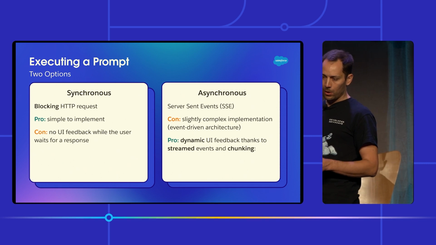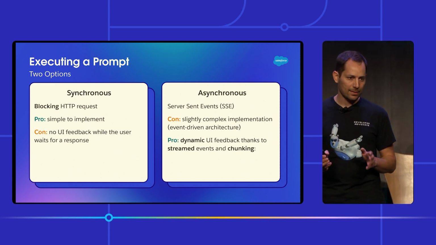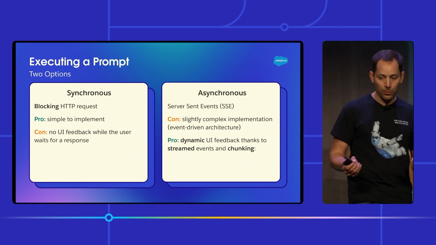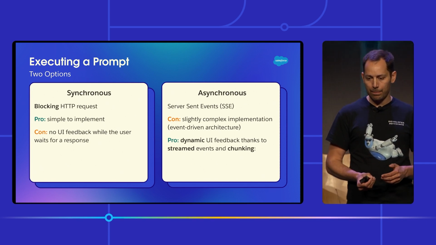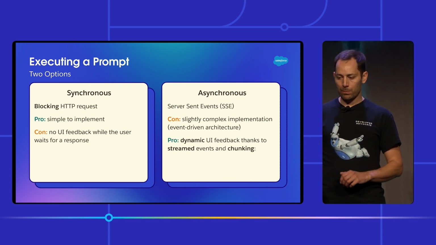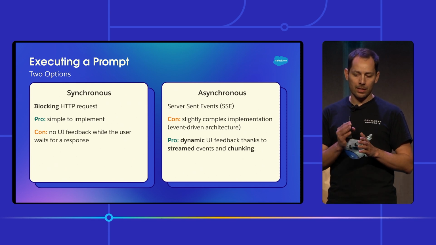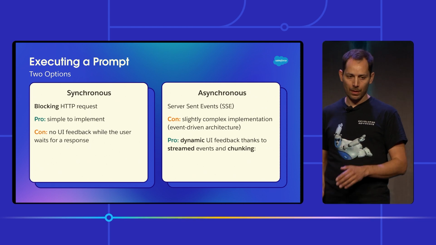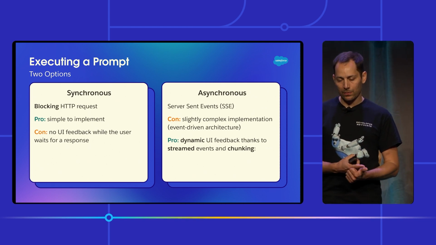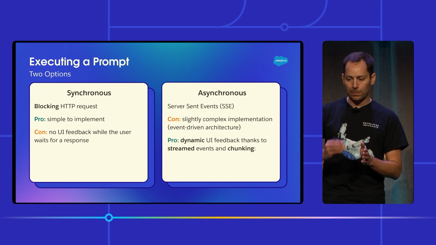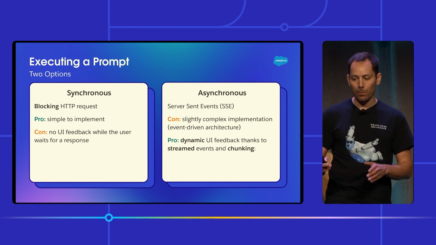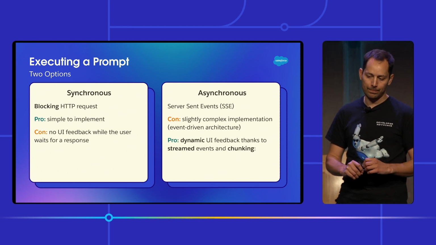Now let me walk you over the second mode, which is, I think, very interesting, but also maybe a bit more complicated to set up. In the asynchronous mode, we work with something called SSE, or server-sent events. For those of you who are not familiar with server-sent events, it's a bidirectional communication protocol. You start with a single HTTP request, and then you get the response in chunks in event-driven format. So you start with a typical REST format with your prompt, and then you'll get bits of your response in several messages on the server-sent stream.